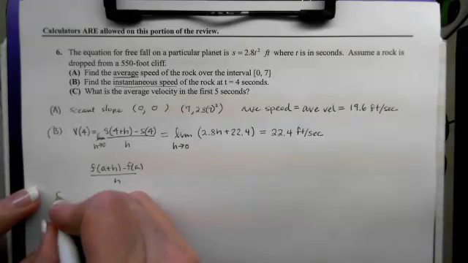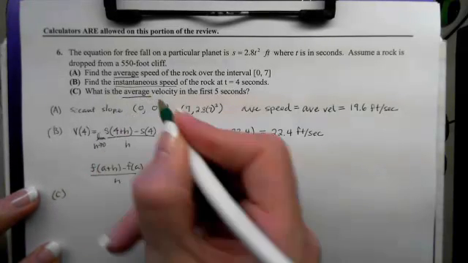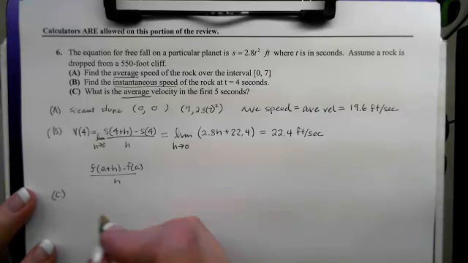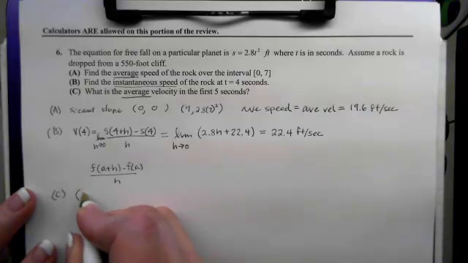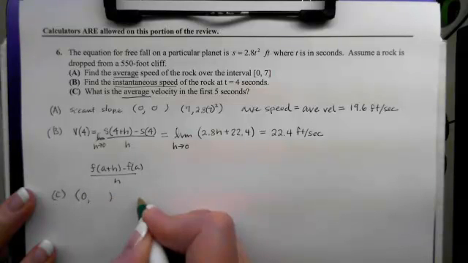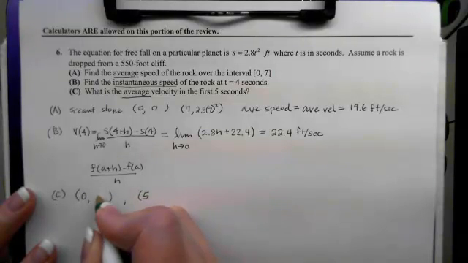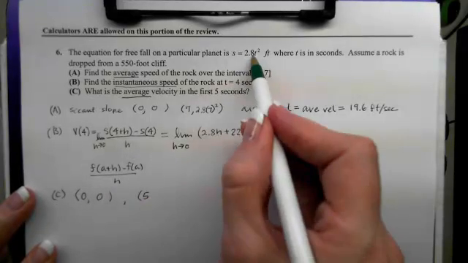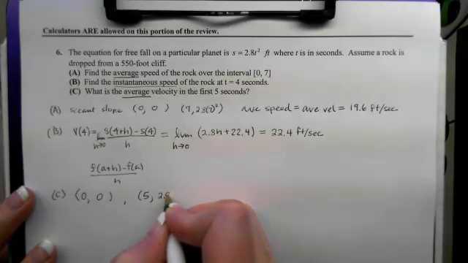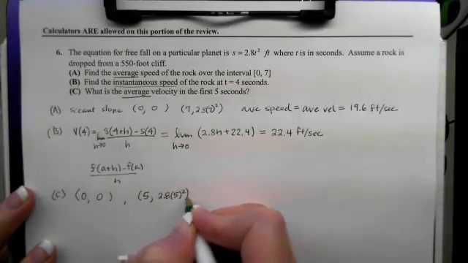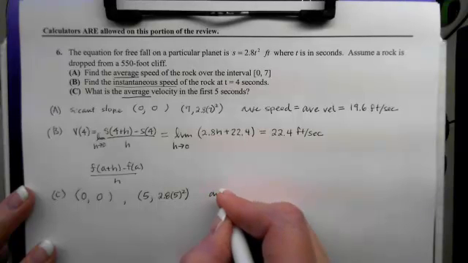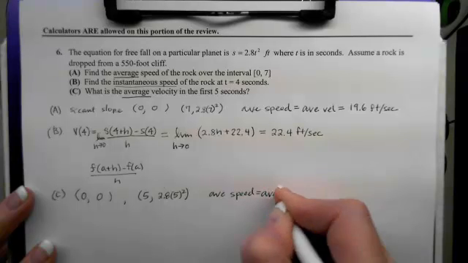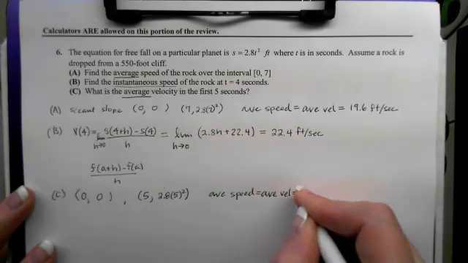Last part, C, I'm asking for an average velocity. So again, I'm dealing with time and 2 points for a secant. My times will be on the interval from 0 to 5. So I can get the 2 points by plugging 0 into the function and by plugging 5 into the function. Plug 5 in, I get 2.8 times 5 squared. So now my average speed, or my average velocity, they're the same in this case because they're both positive, will be